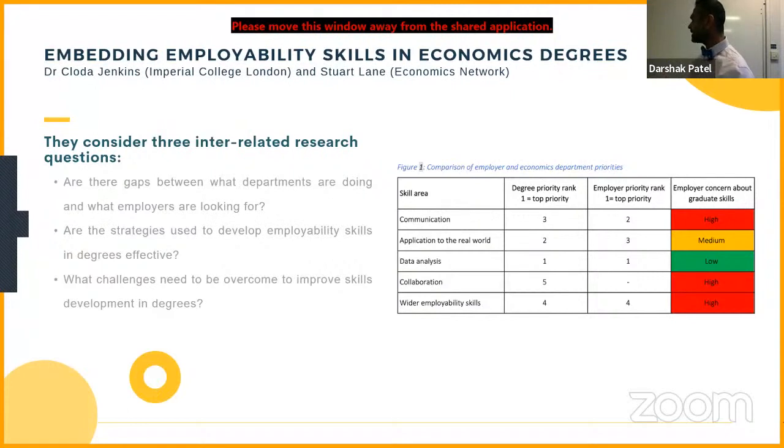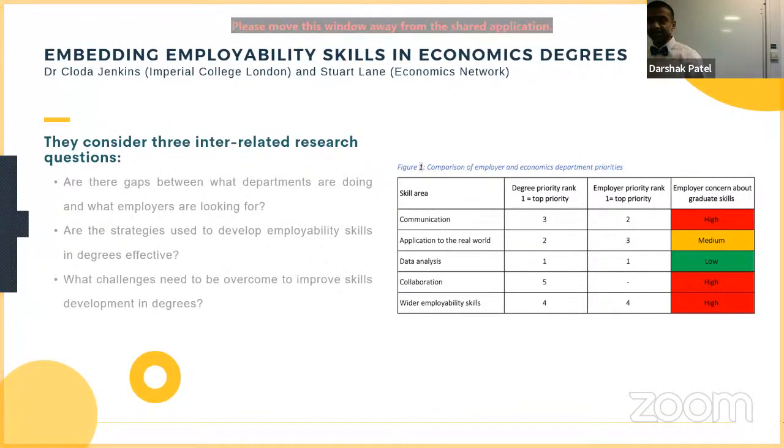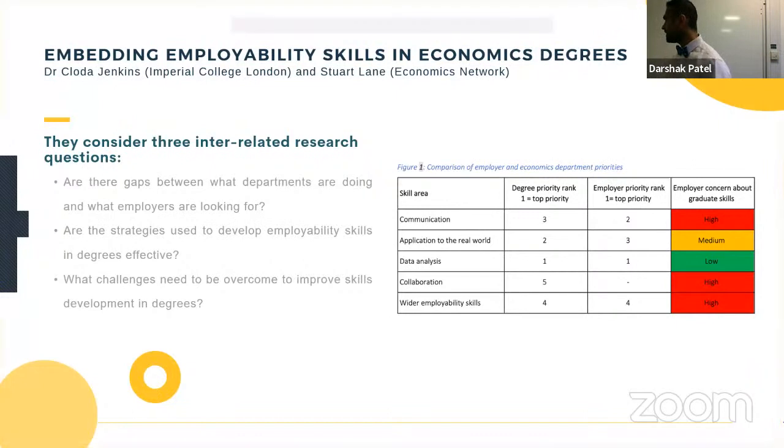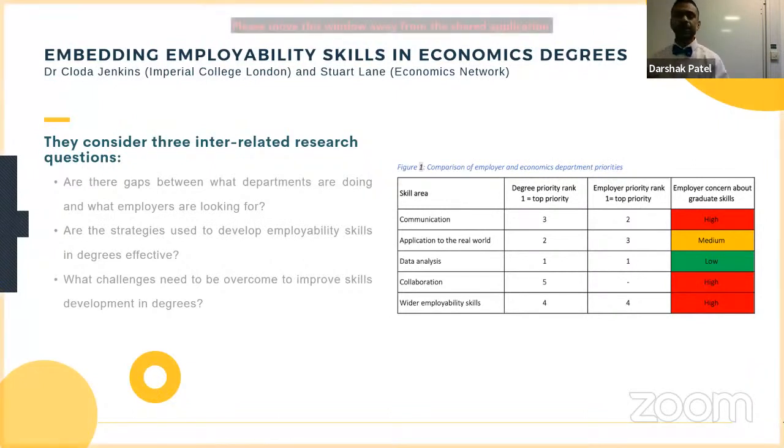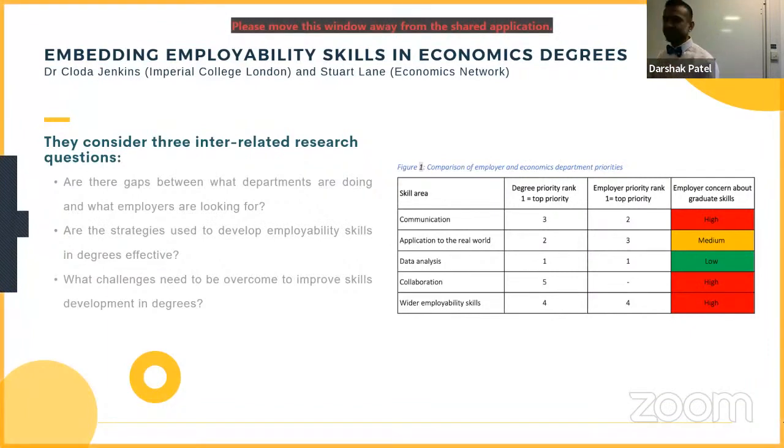The bigger one that came up was data analysis, although a low concern, because we do a really good job as educators in economics to train our students in data analysis. I think what employers are looking for is something really simple rather than complicated or technical econometric skills. They were looking for more data cleaning, data organization, and simple analysis, but at the end of the day, bringing in the communication part to tell an effective data story. And then there was a big gap in terms of what educators thought the application for the real world looks like.